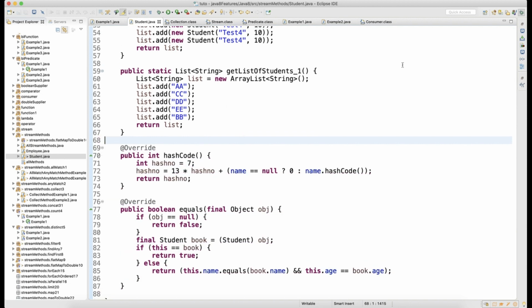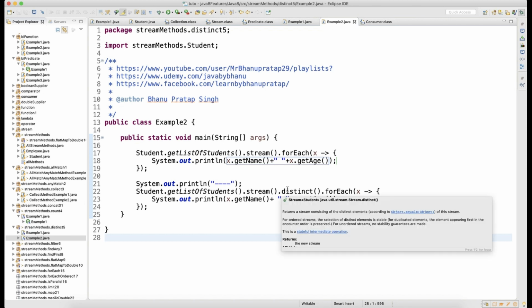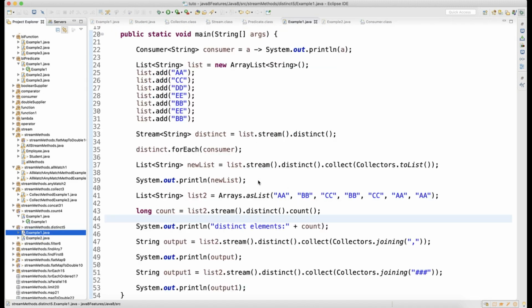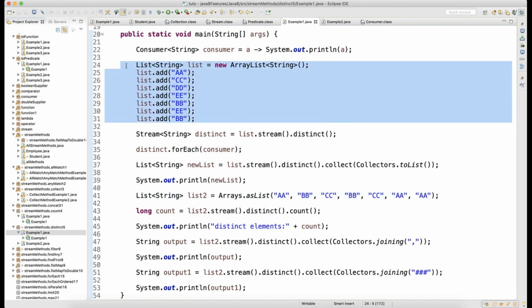If it is not a custom object, if it is a simple type, then this will be taken care of. Distinct will take care of it, which I have shown you also when I was talking about the example here. I was showing that, right, this list of data is not a custom object, so here it was taken care of. But the moment your data comes as a custom object, you need to override the hashCode and equals method.